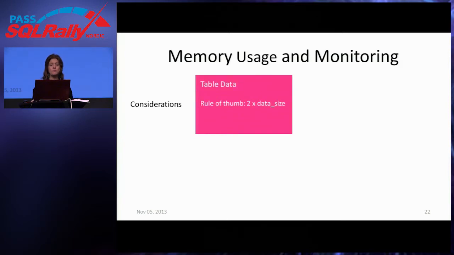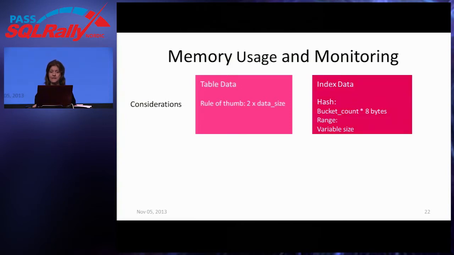So the rules of thumb for how much memory to plan for: you need to make sure you have space for all your rows, you need to make sure you have space for your indexes, and you need to make sure you have space for your versions before they're actually cleaned up. So a starting point might be twice your data size to make sure there's room for all the versions. You may find if it's a very volatile system that isn't enough. You might find that if it's not that volatile, that it's more than enough memory.